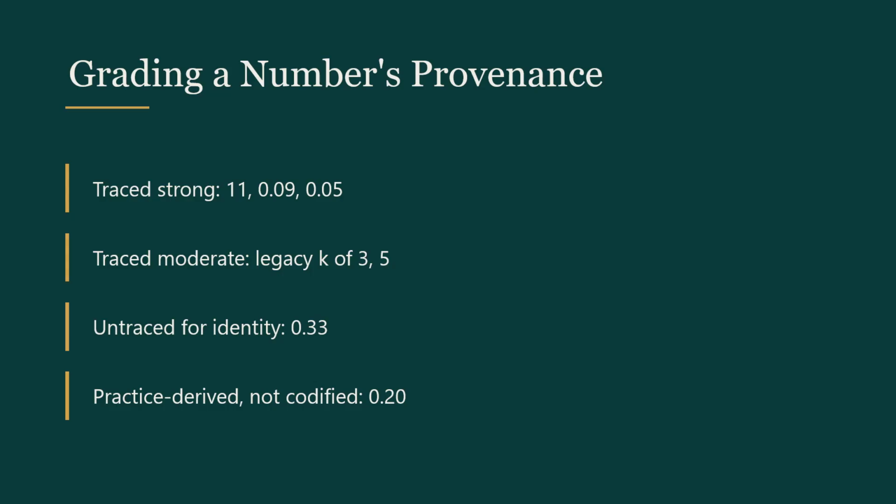Tier 2, traced but moderate. A real primary source exists, but the context has moved. The legacy cell sizes of 3 and 5 sit here. Working Paper 22 genuinely discusses threshold rules for cell suppression, and they were genuinely used, but health data practice has moved to 11, so citing 3 today invites the question of why you reached backward.